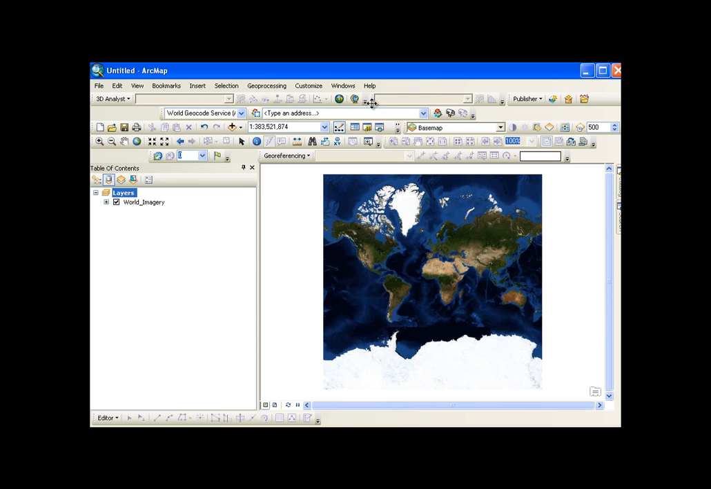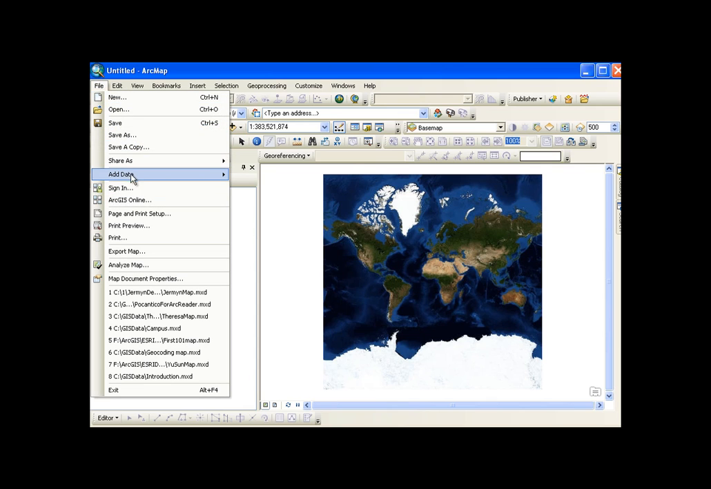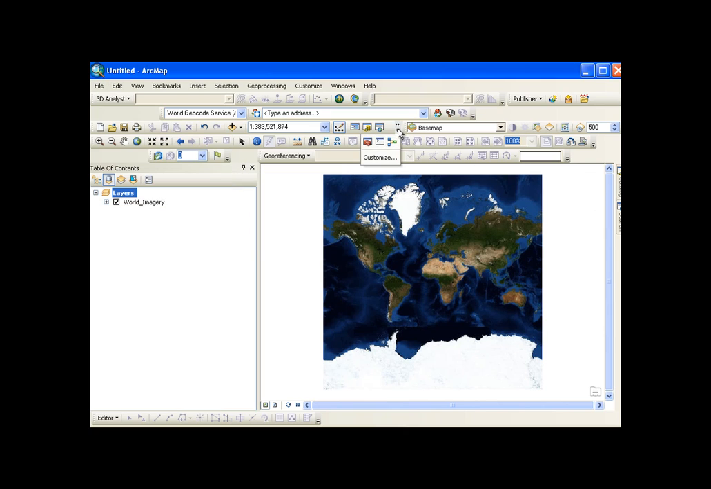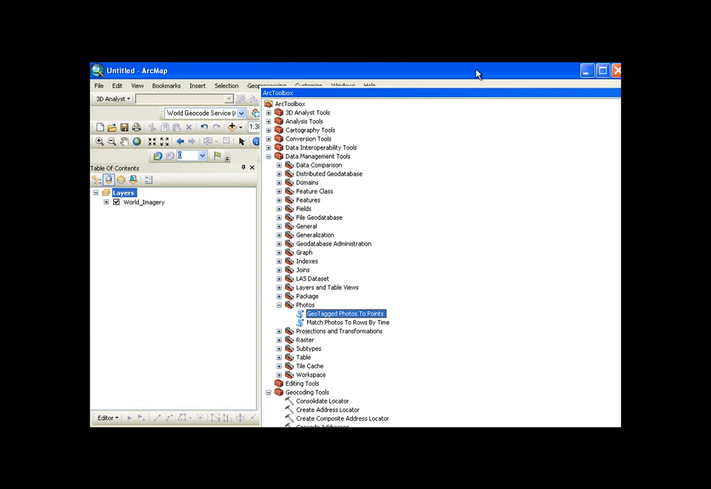I put in the base map, that is File, Add Data, Add Base Map. I just put in the world, and then I will go into the toolbox. Whoops, that's a little bit more toolbox than we really need. The toolbox, and then go into Data Management Tools, Photos, Geotag